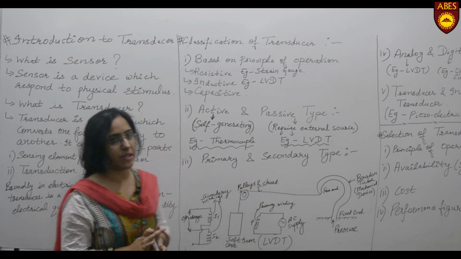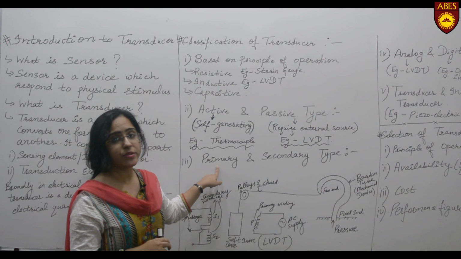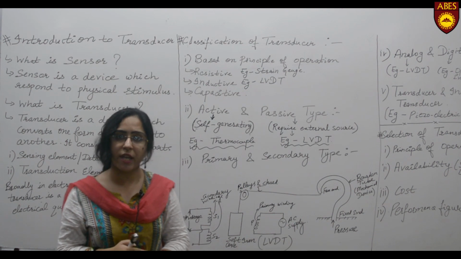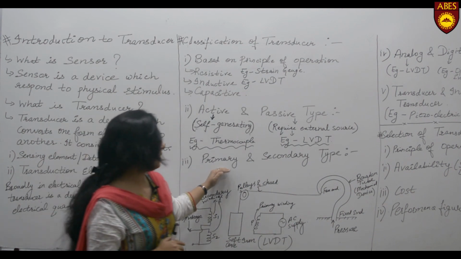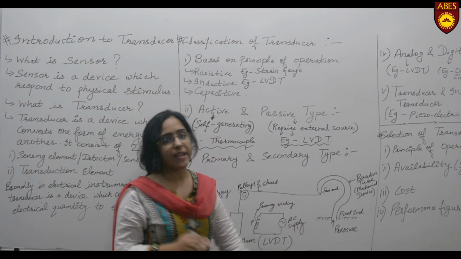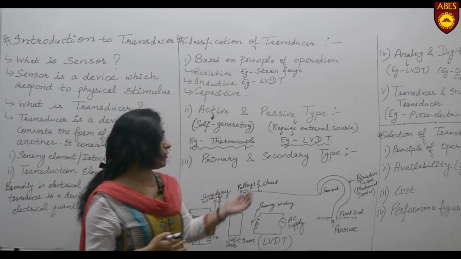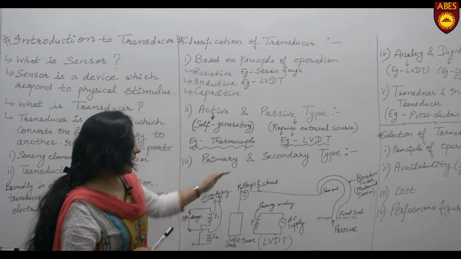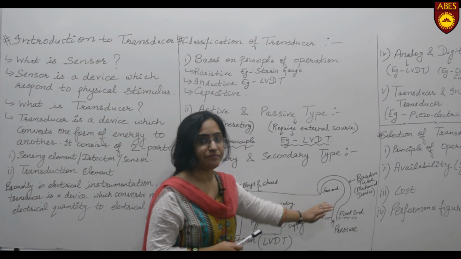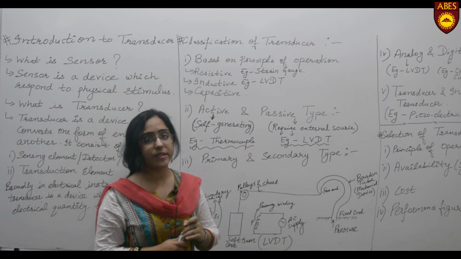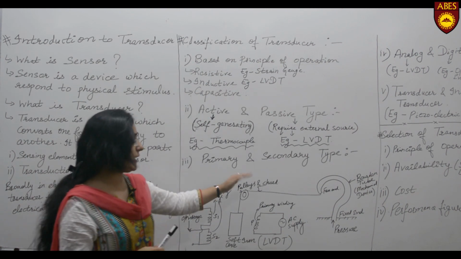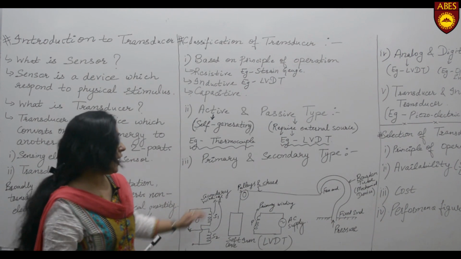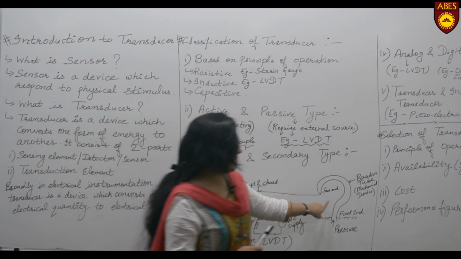A primary transducer is one which takes up the physical quantity as the measurand and converts it into a mechanical quantity. Here we are taking the example of the Bourdon tube, whereas we have many mechanical devices which are used as sensors, such as the diaphragm and bellows. Here I have taken the example of the Bourdon tube. Now what is a secondary transducer? A secondary transducer is one which takes up the non-electrical quantity and converts it into an electrical quantity. The primary transducer here is the Bourdon tube.